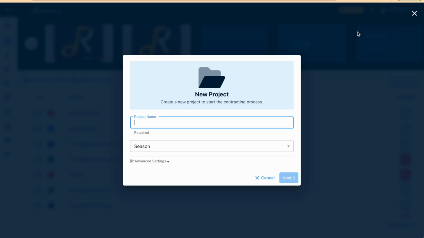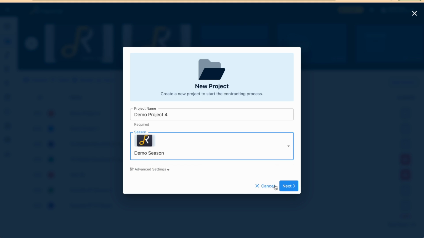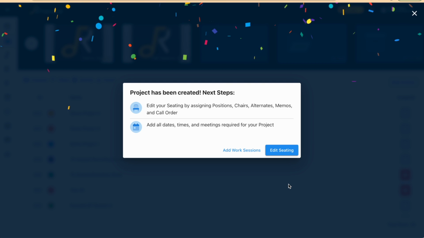We're going to name the project. We're going to select a season, and seasons hold our various projects. And then we're going to click Next. Our system is now going to ask us if we'd like to create the seating for our project or create the work sessions. I like to create the seating first because then I can fill my work sessions with the